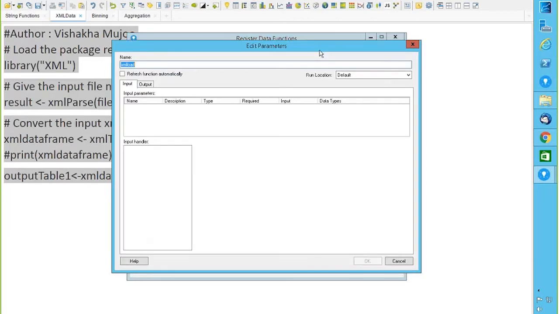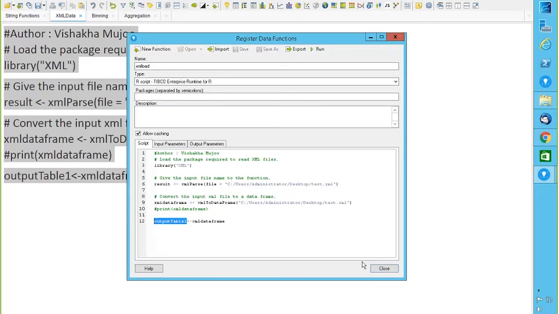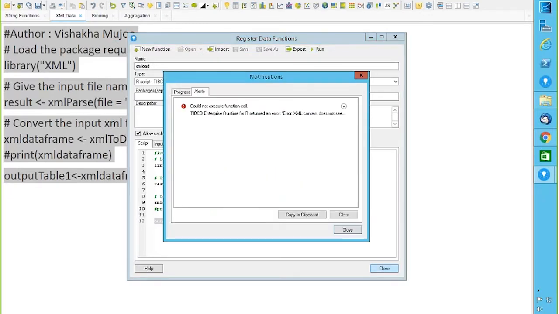Now what I can do is I can run this. I can say, okay, give me an output as a data table, which is create a new data table and name it as output table 1. I can click OK. And